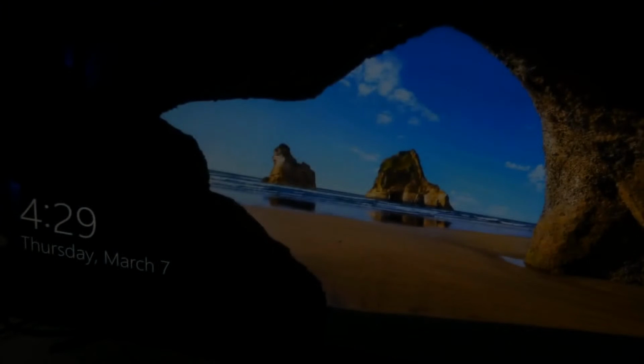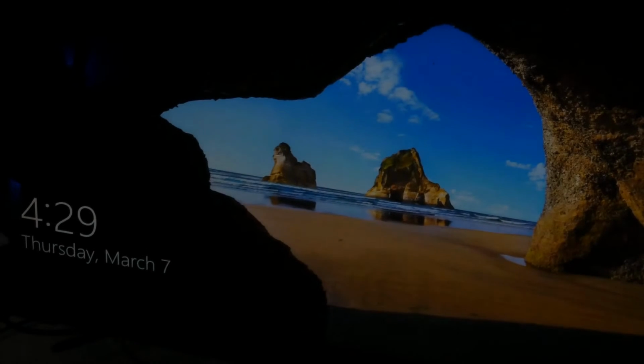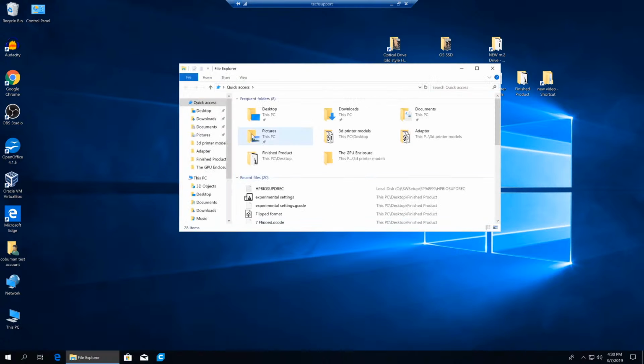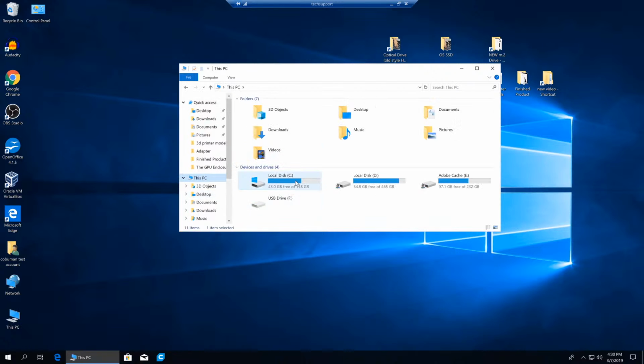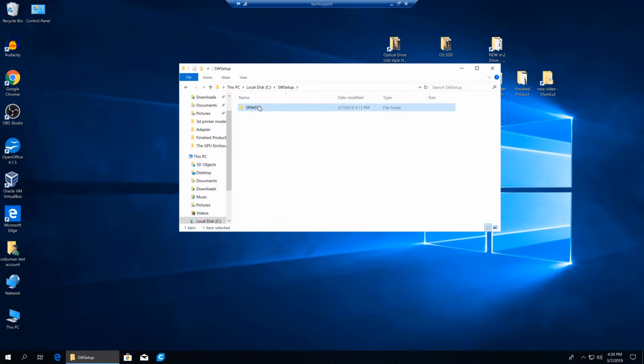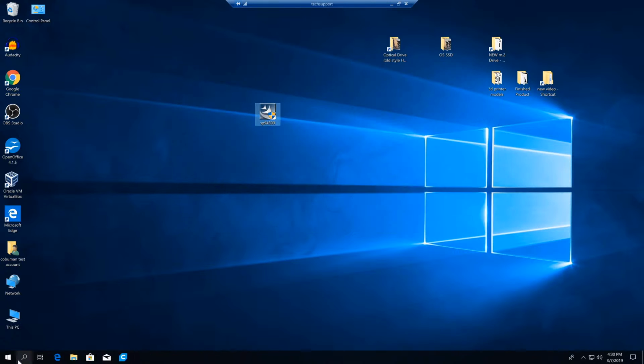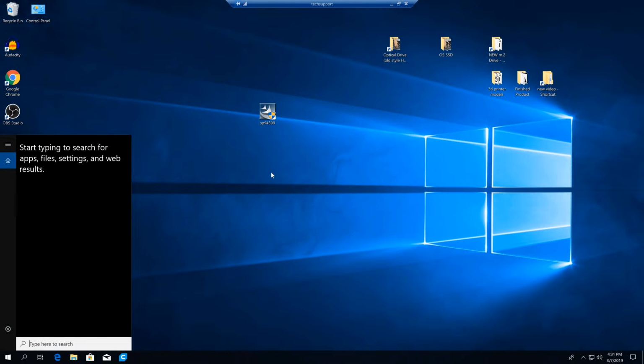Of course, we can confirm whether this actually happened, and I will record that on screen just so you can see. So with the update completed, we can double check to see if indeed it worked. And there are a couple of ways of doing it. You can initiate this executable once more. I'm sorry, this is the package, but the executable that we looked at earlier, and it will tell you the current version of the BIOS that's on the system. So if we go back to C, SW setup, SP, HP BIOS, run this again, it will show you what the current version is. But you can also do it with just going into your search bar and just typing in system